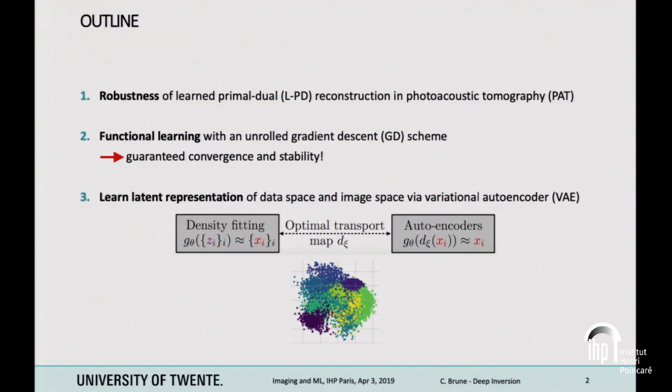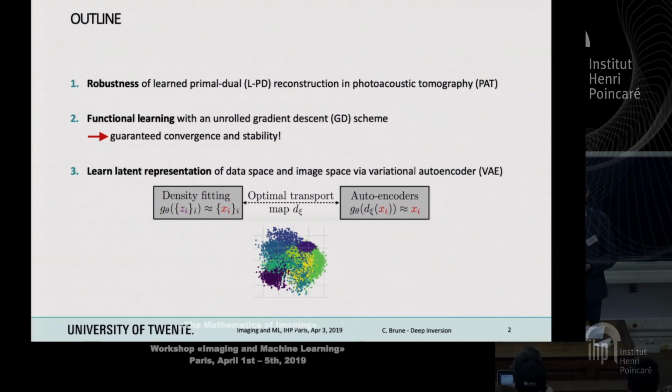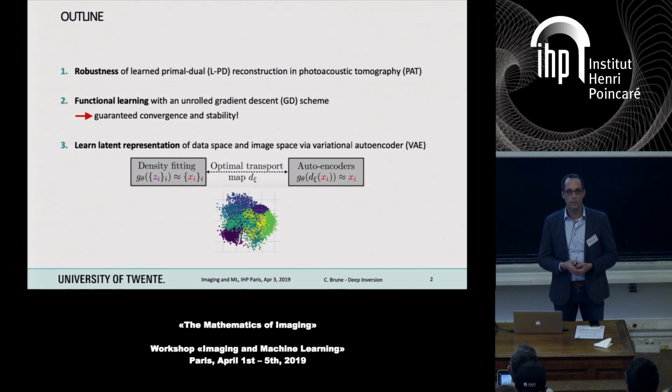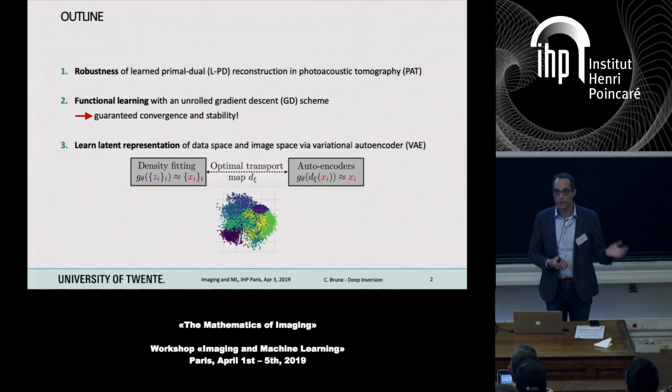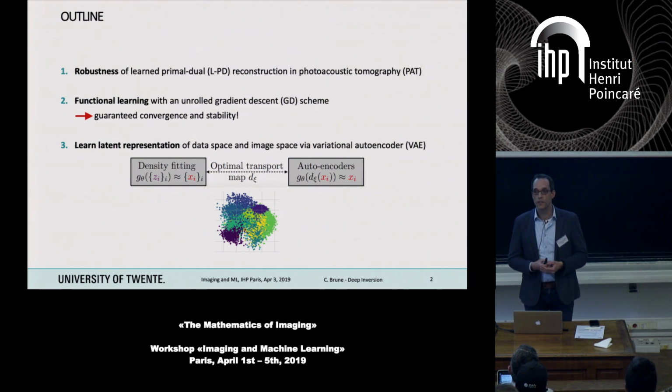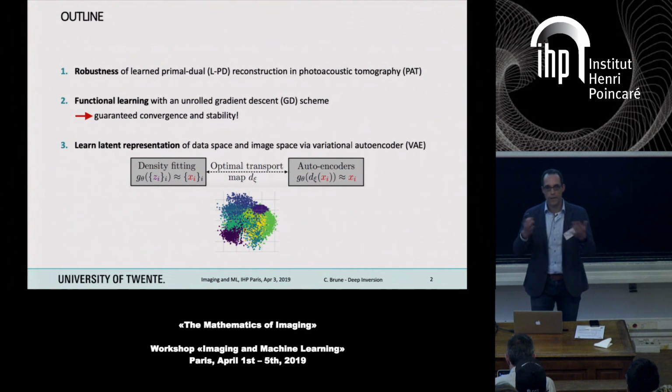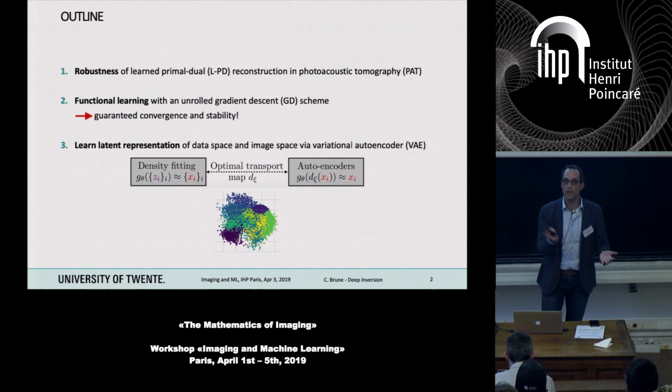To give a rough overview, I will focus on the robustness in solving inverse problems that appear in medical imaging. I will relate it to something that might be missing when you just work with unrolled schemes. We have already learned from Ozan Öktem about the unrolled schemes. That is some sort of gradient flow structure that people usually in functional analysis would like to have, so that you have an energy, and if you minimize it, you have a nice decay